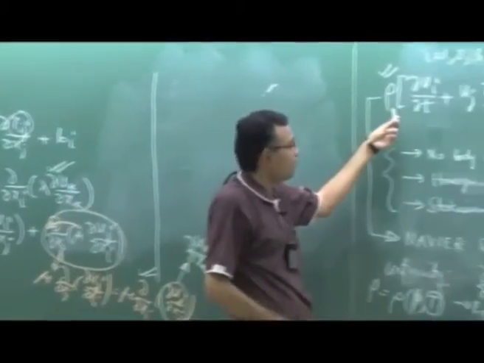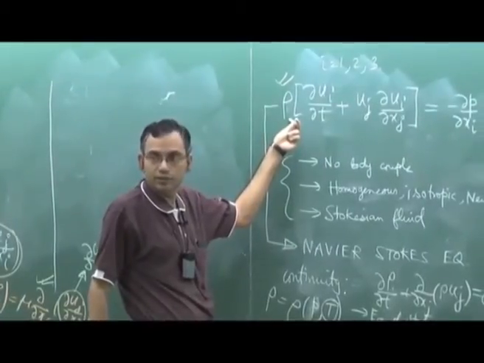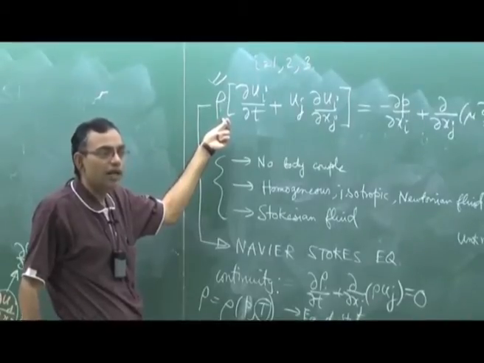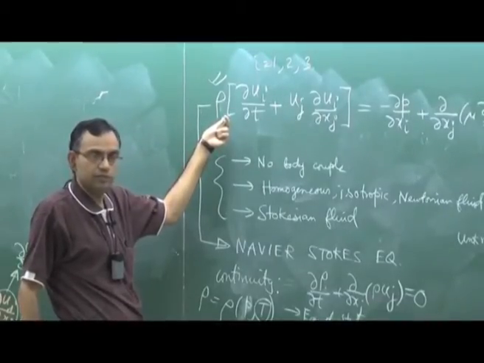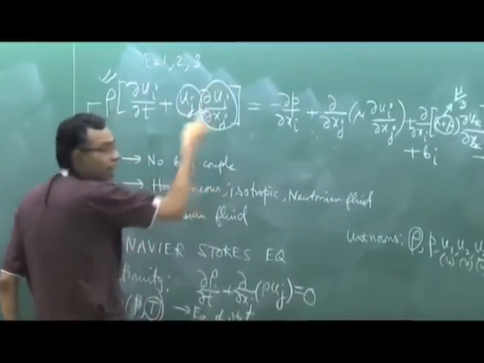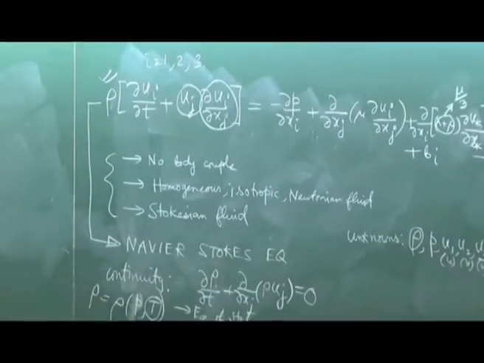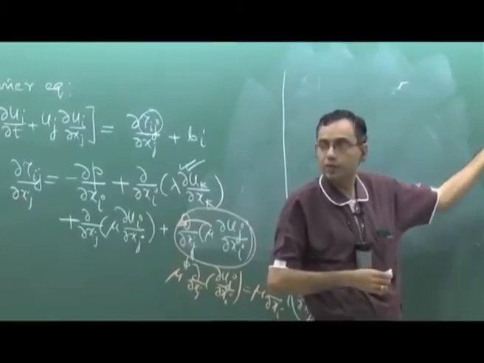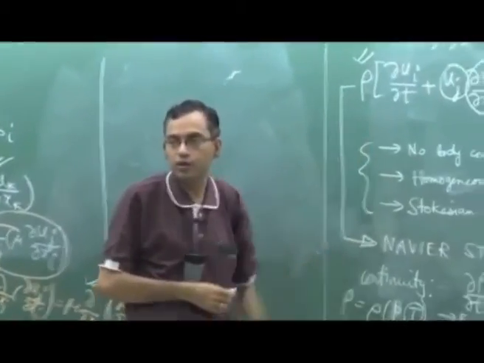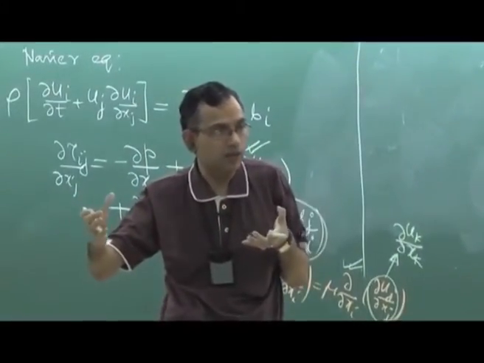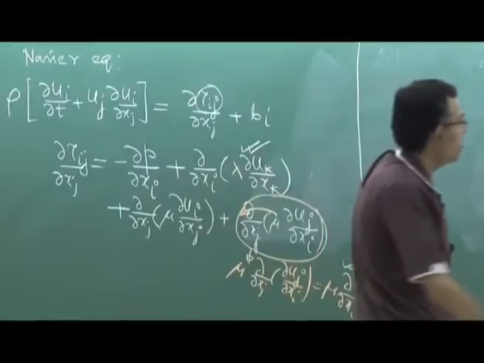Now finally, what are the challenges associated with solving this equation? First of all, this equation is a non-linear partial differential equation, right? Why non-linear? Because of these kinds of terms. This is actually the non-linear term. Non-linear coupled system of partial differential equations. This is not actually one equation, these are 3 equations, i equal to 1, i equal to 2, i equal to 3. So non-linear coupled system of partial differential equations. This is point number 1.